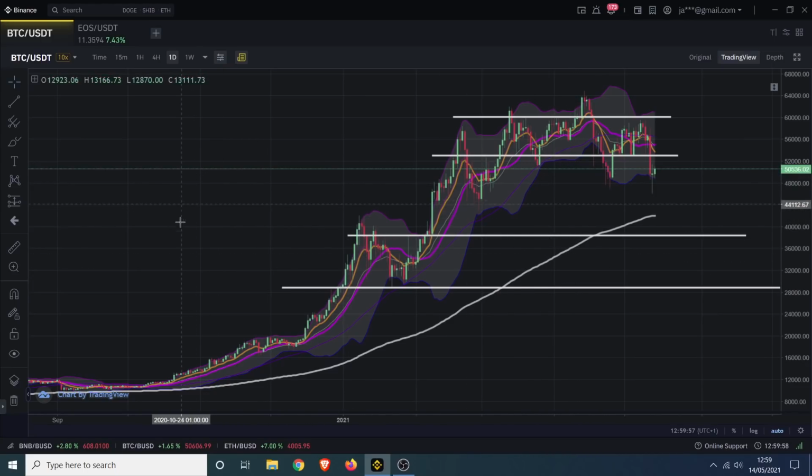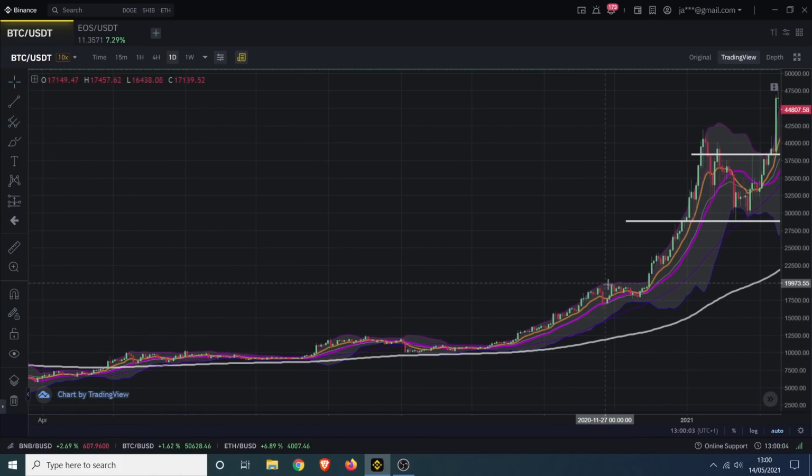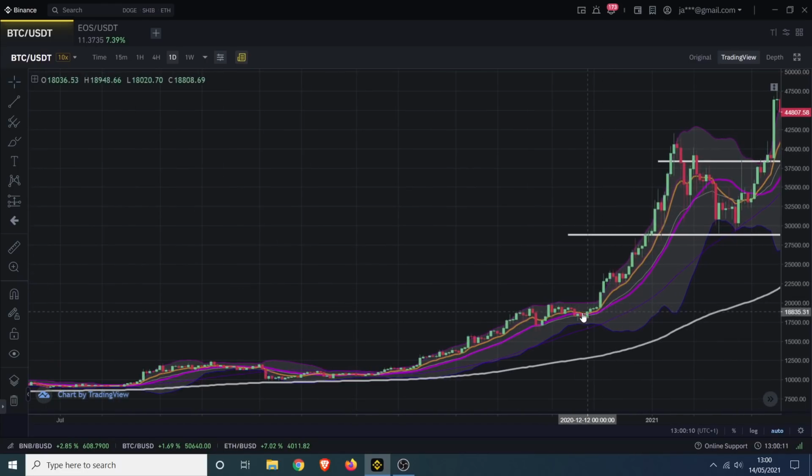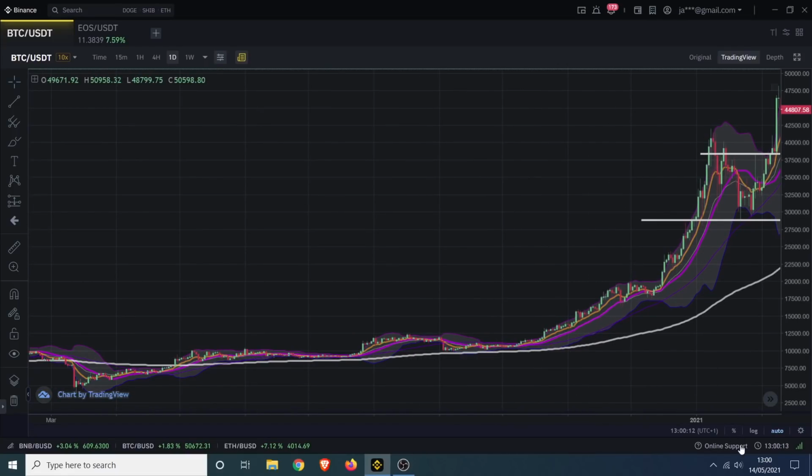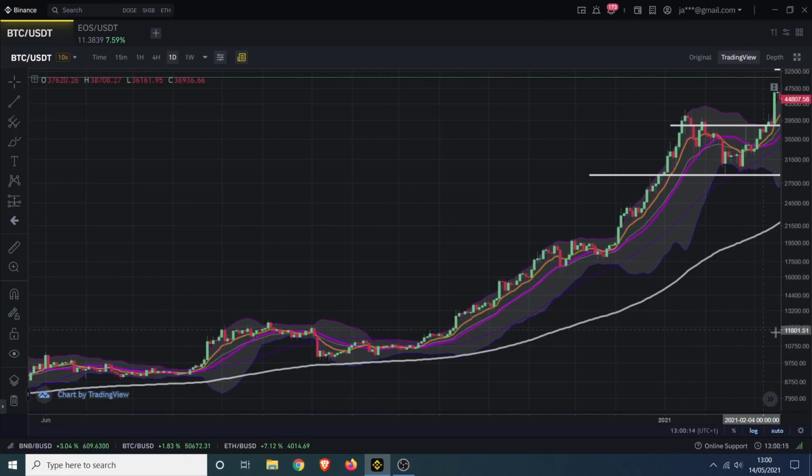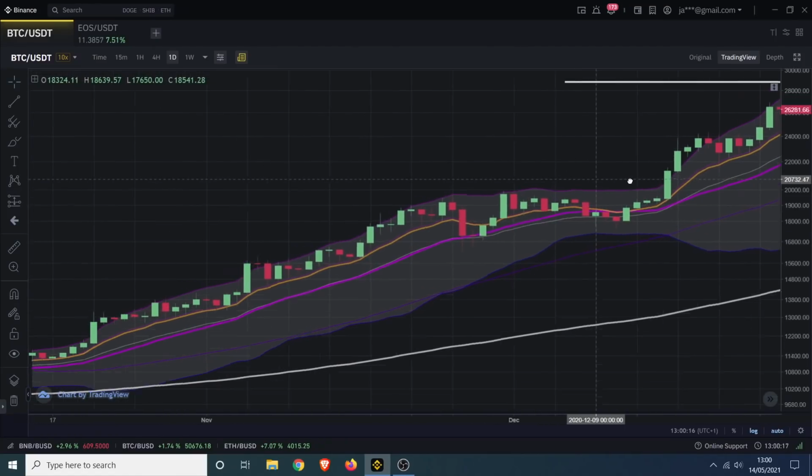It's not the same formation, but this kind of behavior reminds me a little bit of the behavior down here when we tried, and on a couple of occasions failed, to break above 20,000. It feels like a long time ago. Let's bring it to the log scale, it might be a bit easier to see. We'll have to zoom right in really to see it.